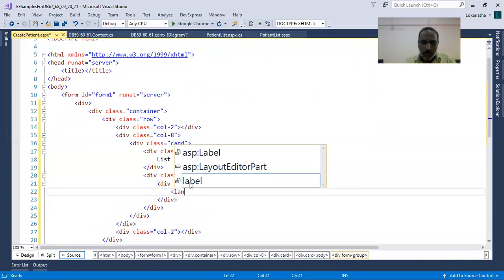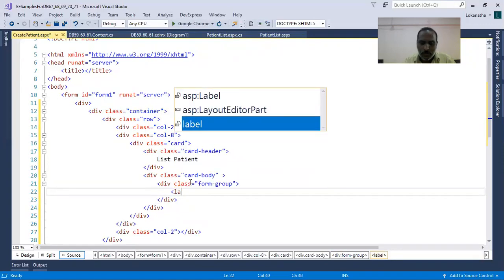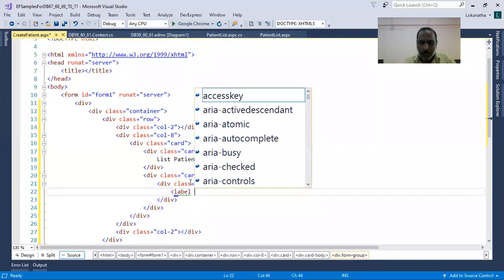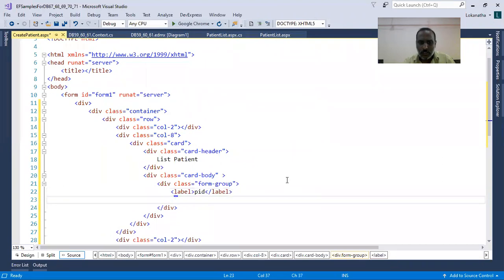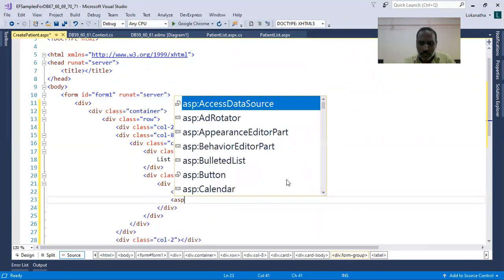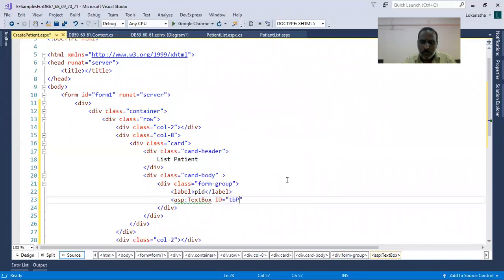So I can create a label. Label PID. Then I will create a text box. ASP text box, ID equals TBPID, runat equals server.